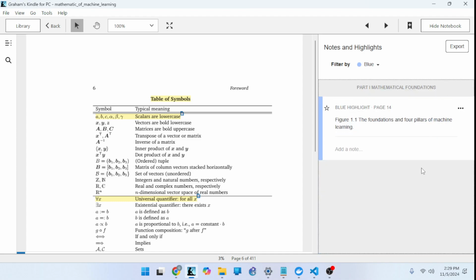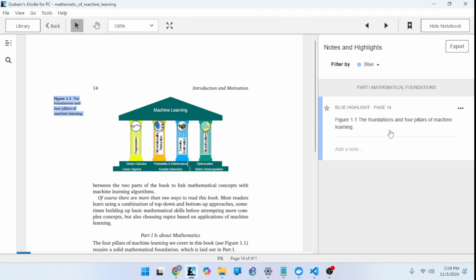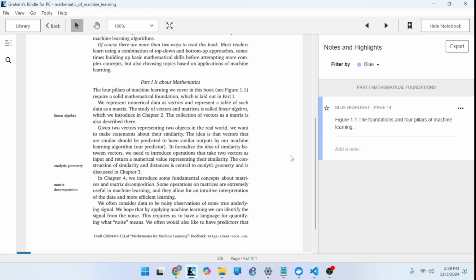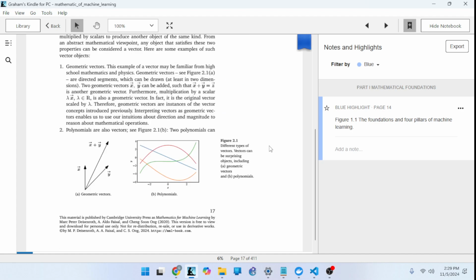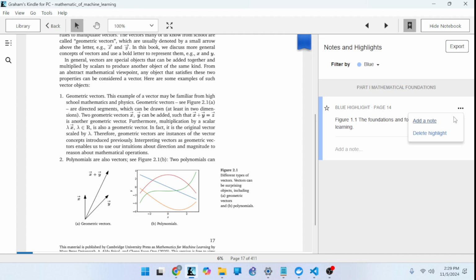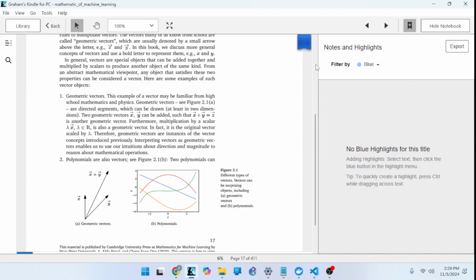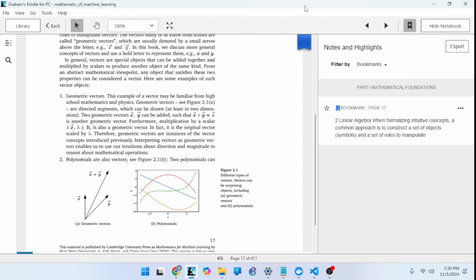Can advance the bookmark. Don't need that anymore. Oops. And it looks like I deleted the wrong bookmark here. But that's okay. I can get back to that pretty easily. Oh, it was a highlight. Oh, well, I wish I hadn't deleted my highlights. Yeah, I deleted all my highlights by accident. I guess that's a lesson to me not to use blue for my highlights. I'll try to remember that going forward. If I use blue, then it's the same color as my bookmarks, and I'll make a mistake and delete them by accident.